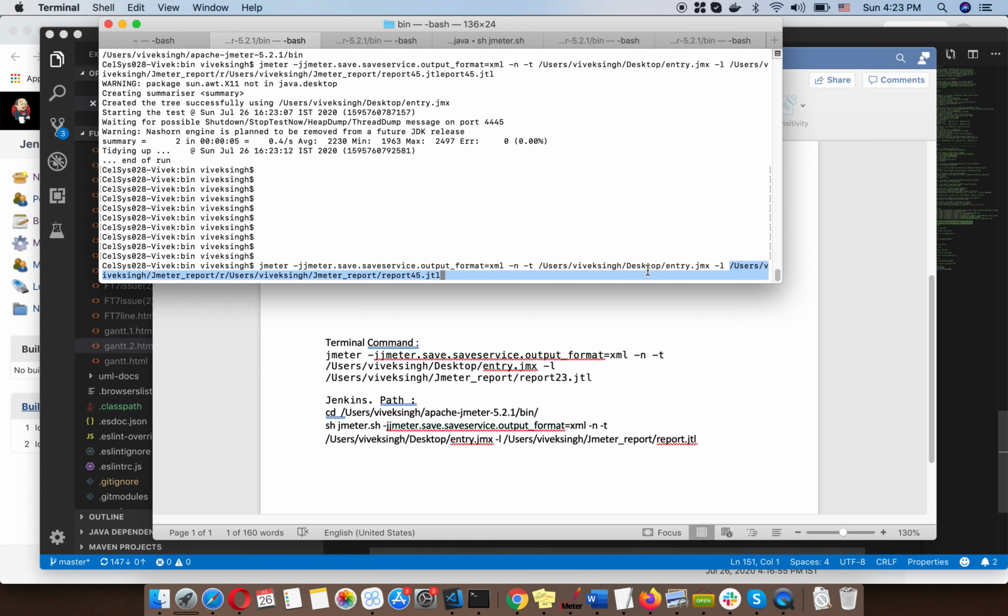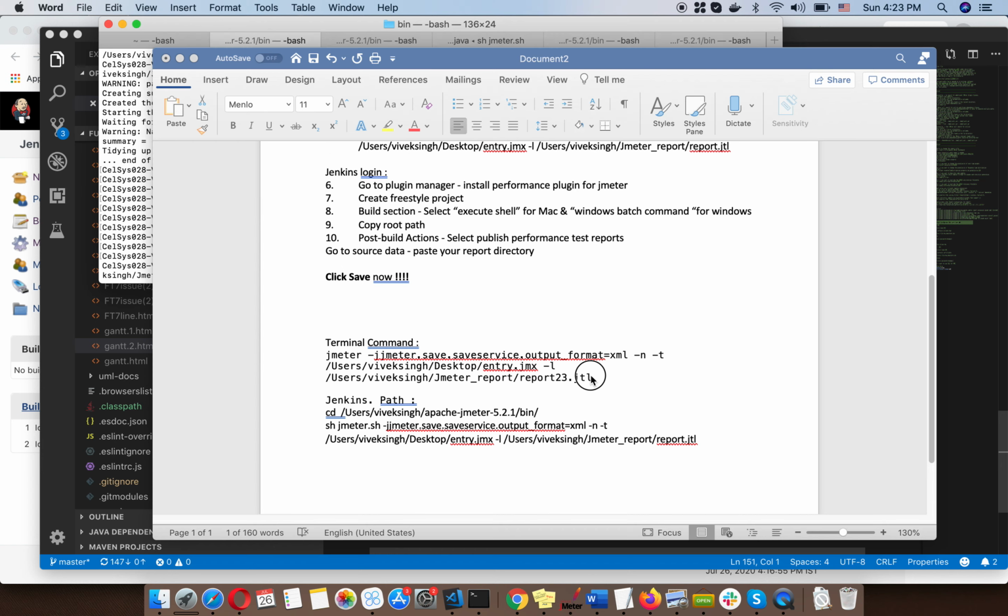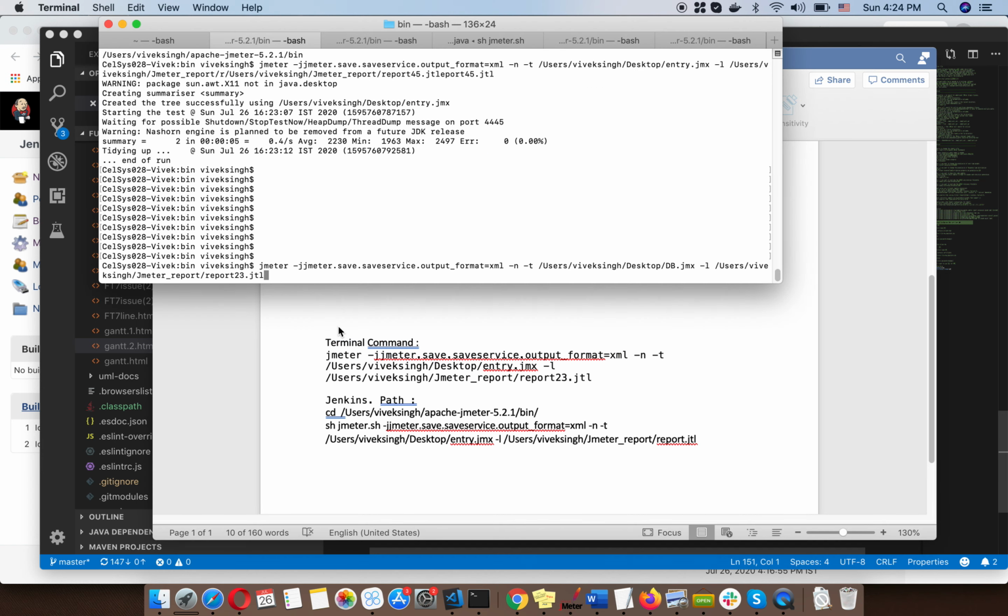What is this? Okay, I think there is something wrong with this. Just give me 1 second. Okay, yeah, so this is the command. I was using something wrong.